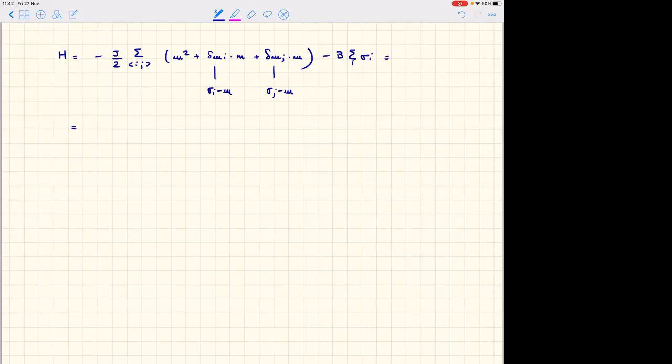I will get J over 2 sum over I and J M squared minus J over 2 sum over I and J M times sigma I plus sigma J, and then minus B sum over I sigma I,